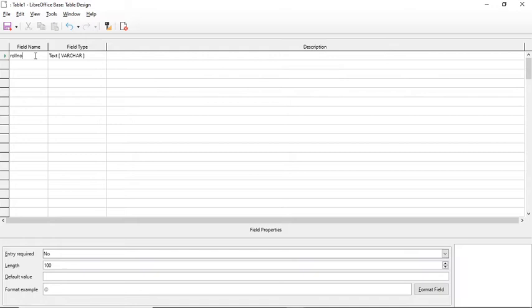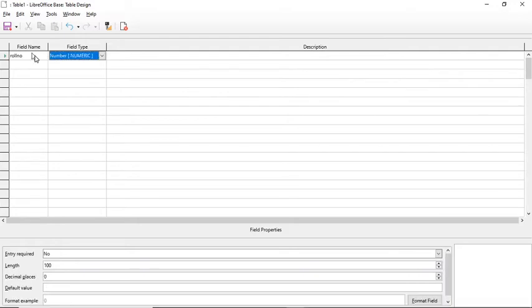And here you can use only underscore as a separator, that is roll_number. No other separator should be used. If you give one, it will give some error, right? So here your roll number data type we are going to take as a number.